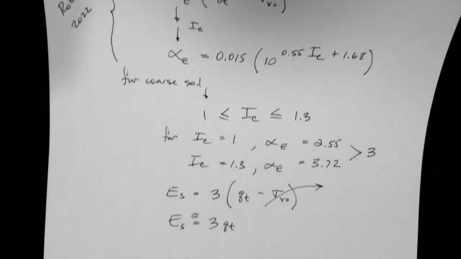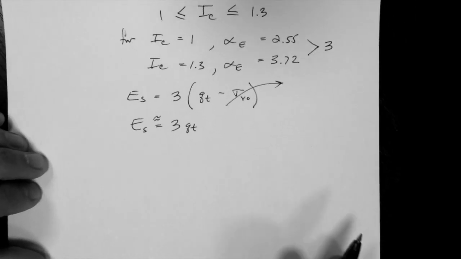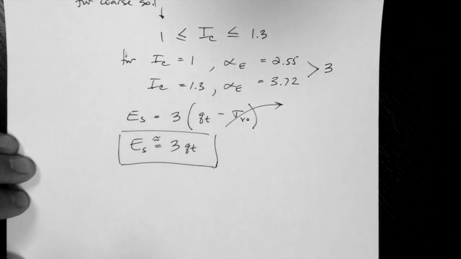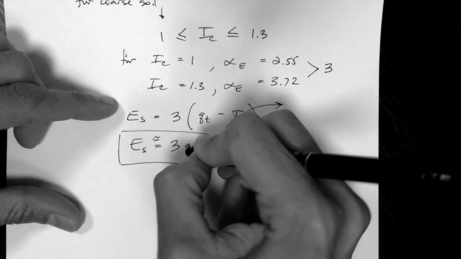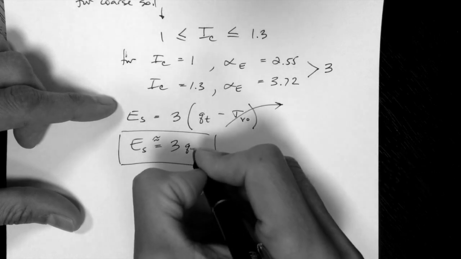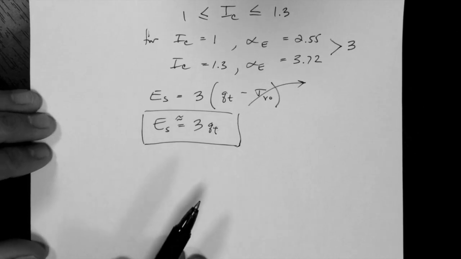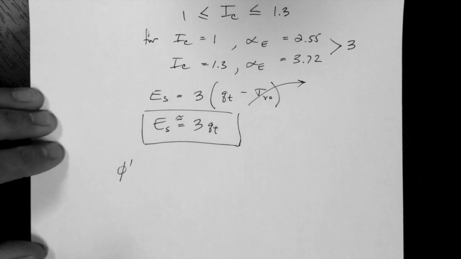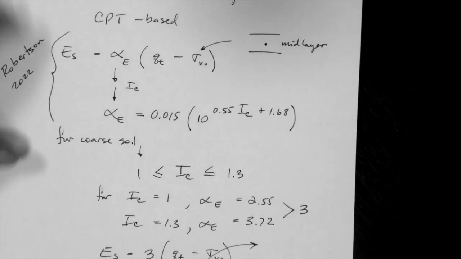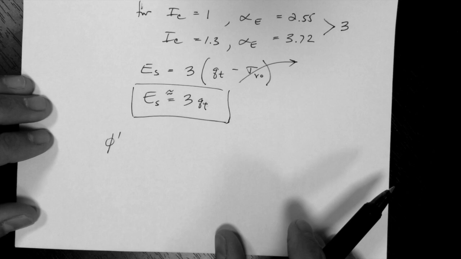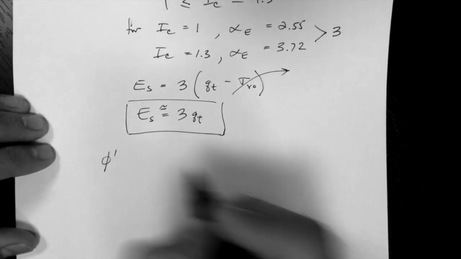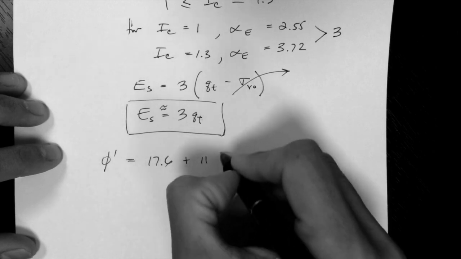Now, to continue a little bit more here, we could do the following. We could say, okay, this is great. Remember, this is a subscript. You could say, this is great, but I don't have a CPT. I don't have CPT data. However, I have the phi. For example, I have the phi of the soil in the layer. So in that case, you could use further correlations like this. 17.6 plus 11 log